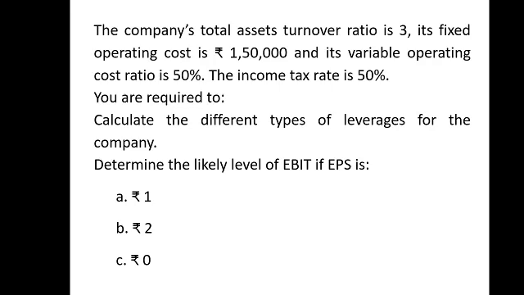So here for the preparation of income statement we need sales, because income statement normally starts with the sales figure, but here they have given the balance sheet and there is no information about sales. So the hint for the calculation of sales is the total assets turnover ratio. If you go back to activity ratio, you get the total assets turnover ratio formula. So what is that formula? Total asset turnover ratio is equal to total net sales upon total assets.